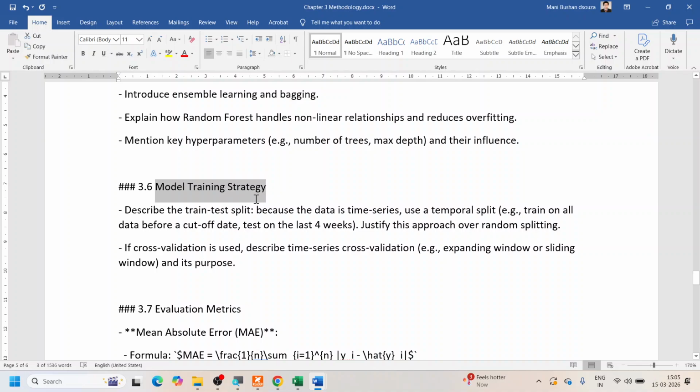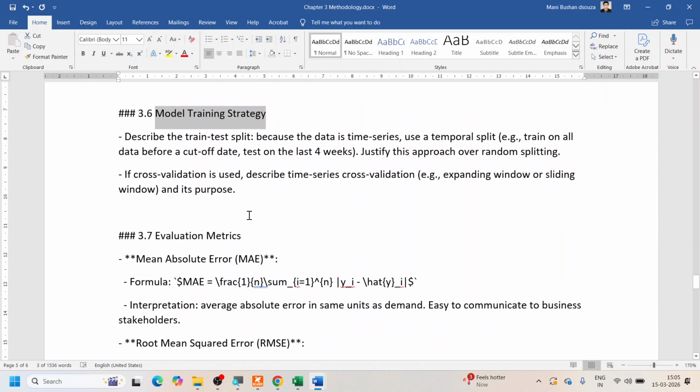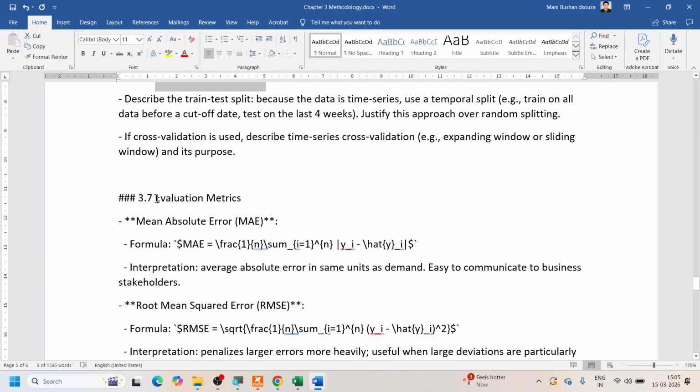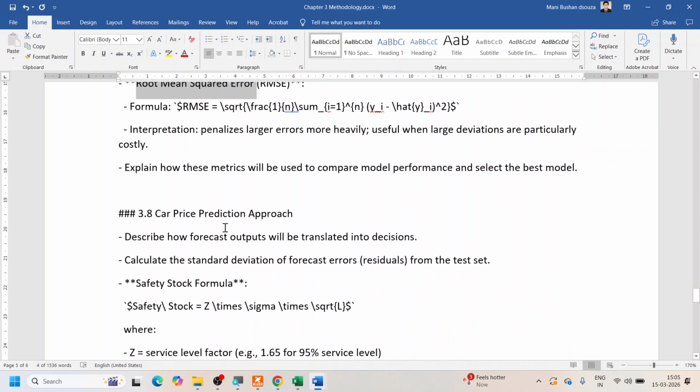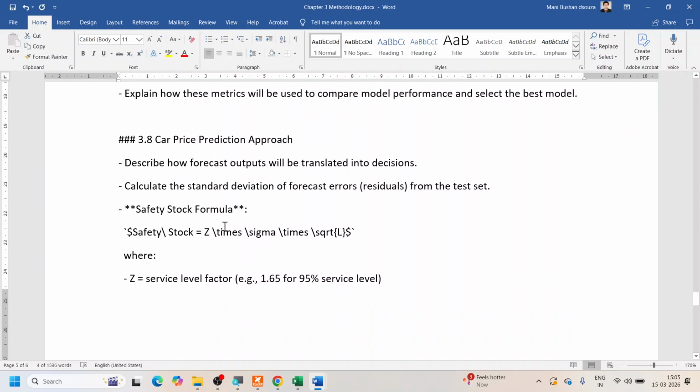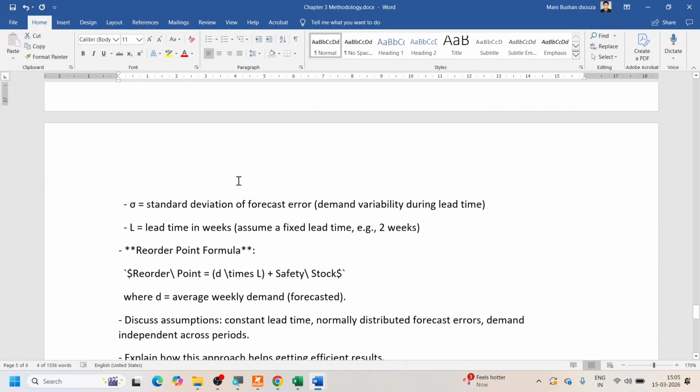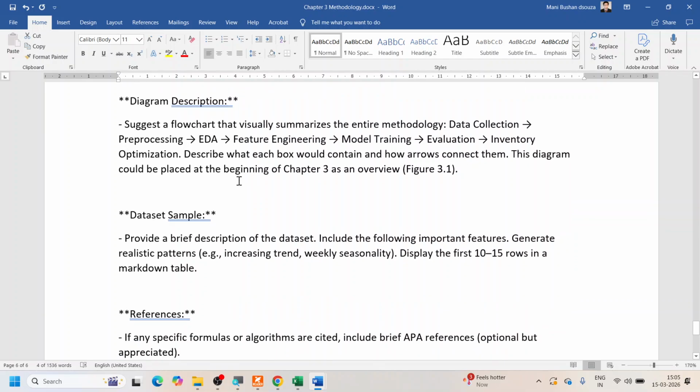Finally, we have to talk about the training set, the train and test split, and the different evaluation metrics, like the mean absolute error, the root mean squared error, the R squared error or any other type of that. And then how we can predict the car price. This is what we have seen. So now it is time that we go ahead and perform the